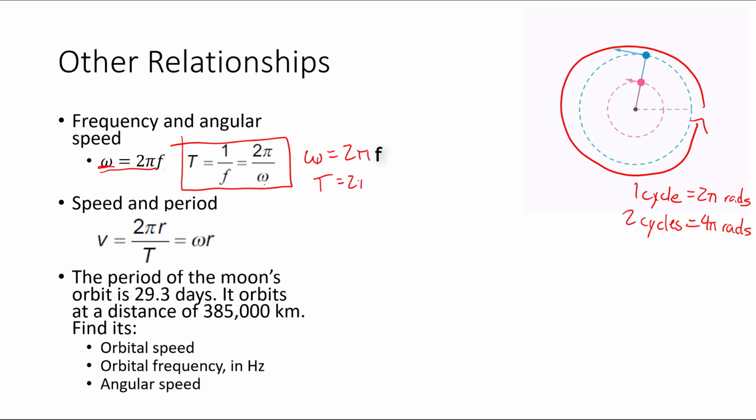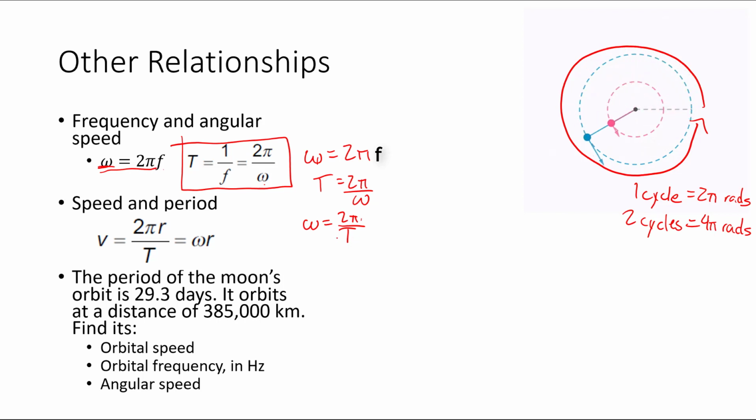T equals 2 pi over omega. Period is 2 pi over omega, but also omega is just 2 pi over the period. That should kind of make sense just from the definition of angular frequency. It's angle over time. If we go around a full circle, that's 2 pi radians in 1 period's worth of